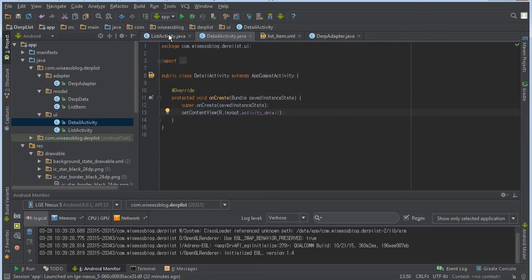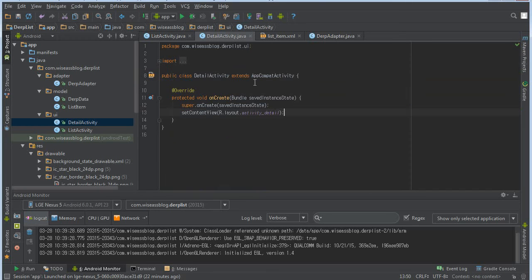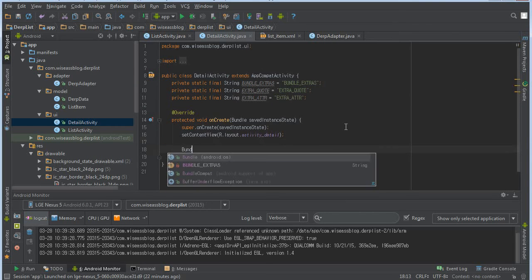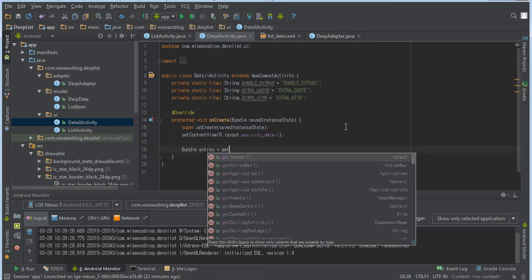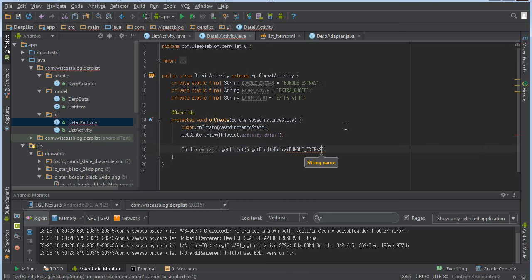And not a lot of magic is going on here. Copy and paste these keys here, these static keys. Paste them there. And we're just going to say Bundle extras equals getIntent().getBundleExtra("bundle extras"). We're not going to worry about checking if this is null or anything like that. And then we just say TextView. We're going to need to cast this, so I'll just add an extra bracket there. TextView findViewById